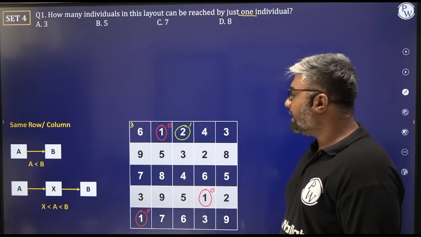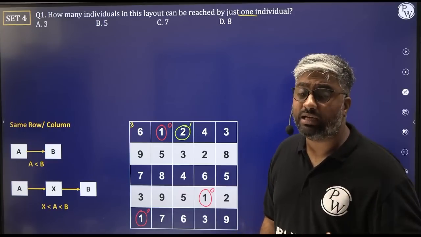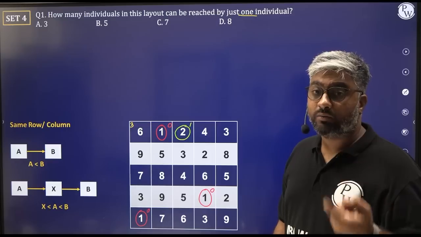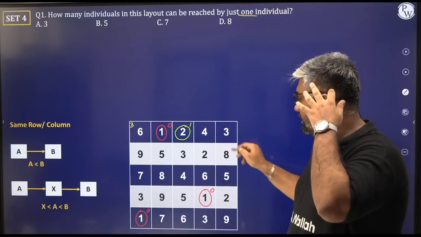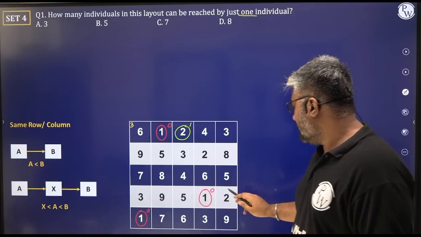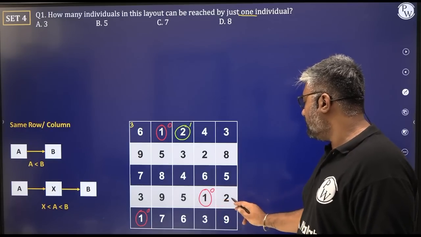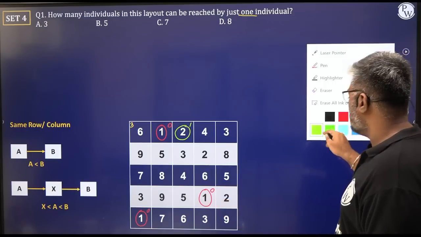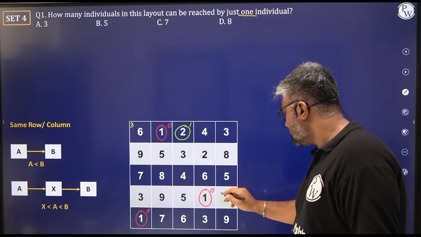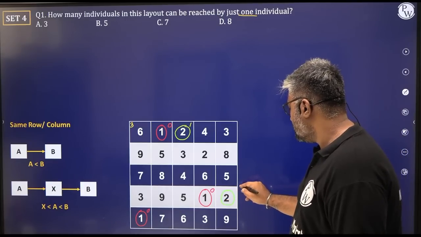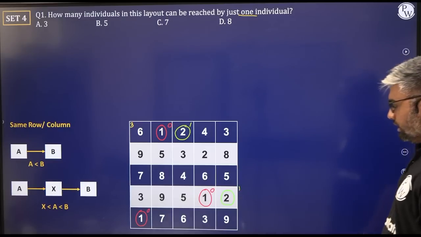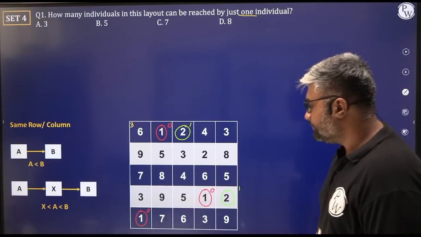Wherever we see 2, I think we can put 1 only and only if there is a 1 next to it. So here there is a 2, but there is no 1 anywhere next to it, not in the immediate next. Here there is a 2, so this 2 can be reached out by this 1. So I think we should mention that as well. I hope this green is visible to you all. Yeah, I'll write it here, right? It is reachable from only one place, and no other 2s are there again.